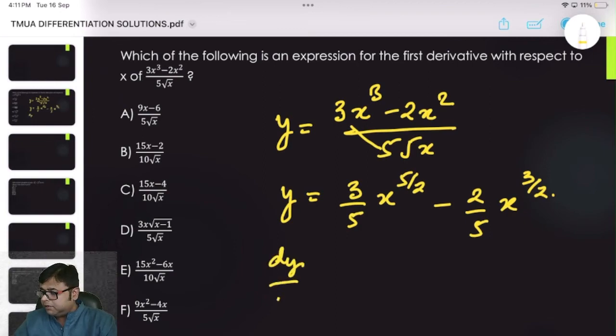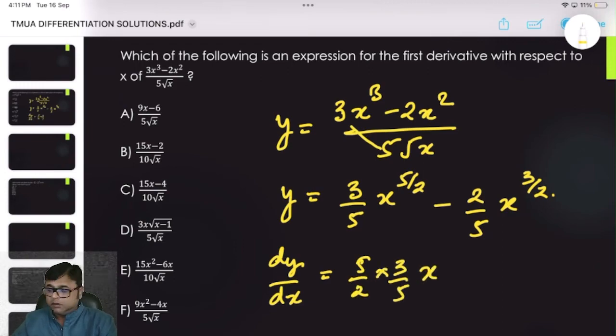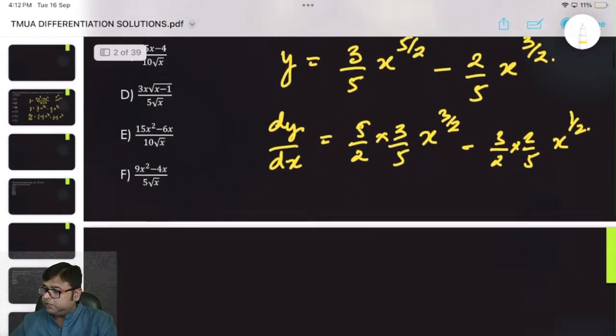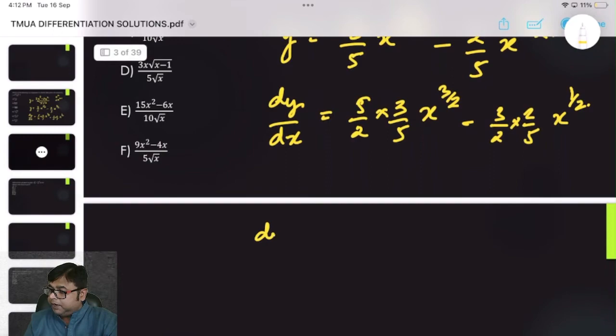What is dy by dx? It will be 5 by 2 into 3 by 5 x to the power 5 by 2 minus 1. We know that the derivative of x to the power n is n x to the power n minus 1, which I've covered. So 5 by 2 minus 1 will be 3 by 2, minus 3 by 2 into 2 by 5, and x to the power 3 by 2 minus 1 will be half. So this is what I will get eventually. So final dy by dx will be